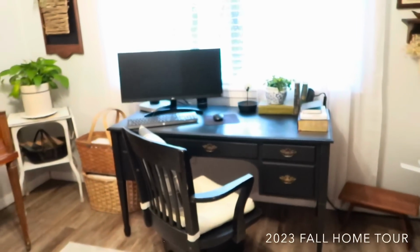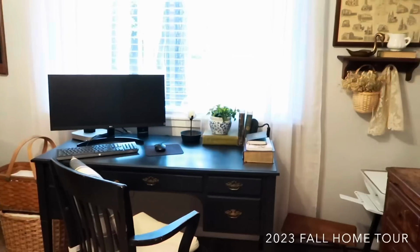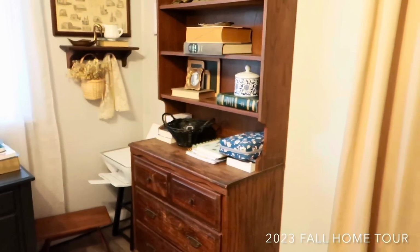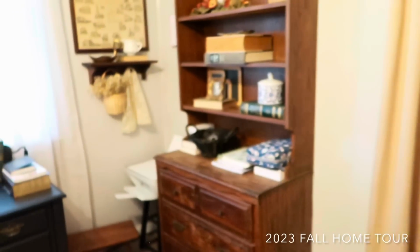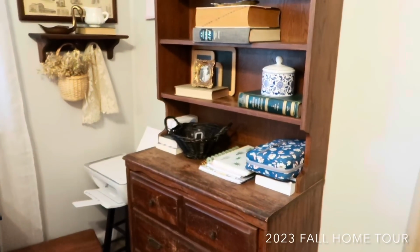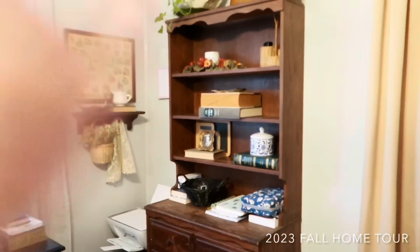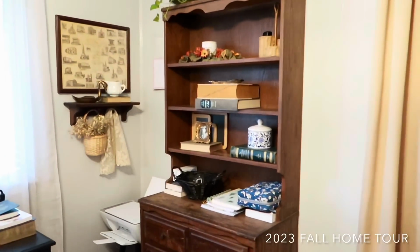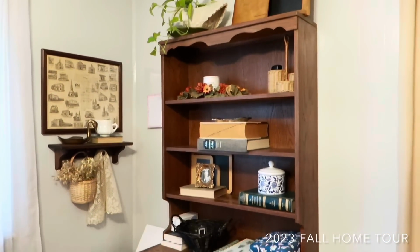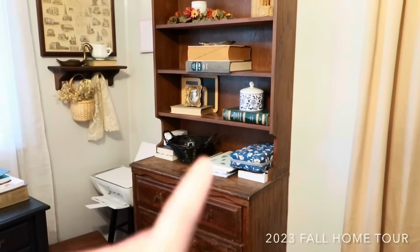Now, as much as I try to make this look pretty and kind of have the same type of style that I do throughout the rest of my house, I am going to just pan y'all around and show you that this hutch I have over here, it is definitely not decorated like I like right now. I don't know what's happening over here or why I have just kind of given up on this spot for a minute, but I have. I do love this little hutch, and at one time I had it decorated beautifully how I liked it, and I think what happened is I took a lot of the decor off of here